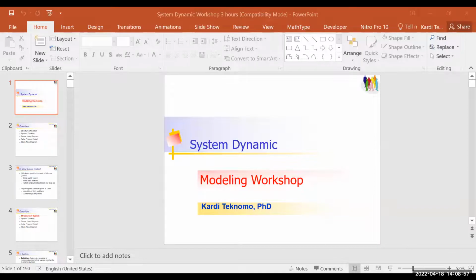If you look at the slide in system dynamic, so okay, this is what I'll teach you. Can you open the slide? System dynamic, right? Correct. The modeling workshop. Yeah. Okay. So,